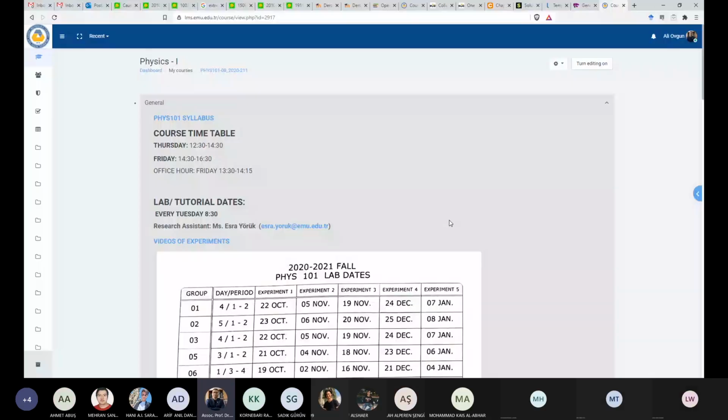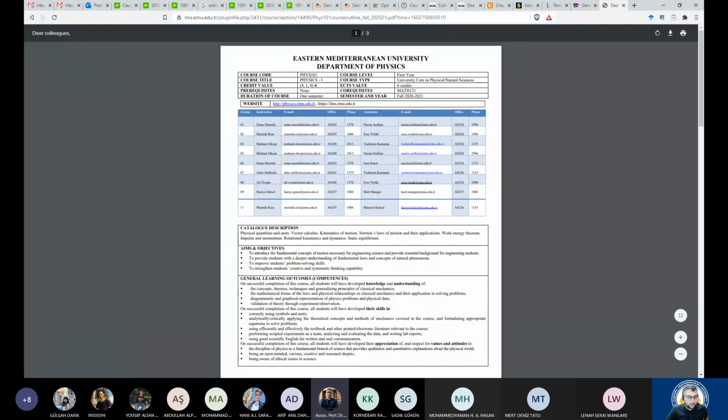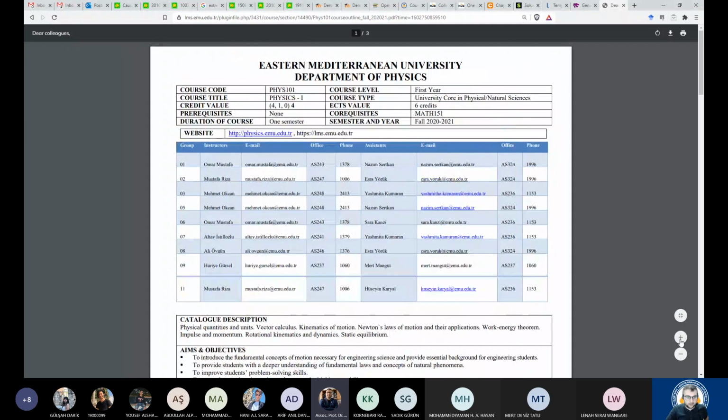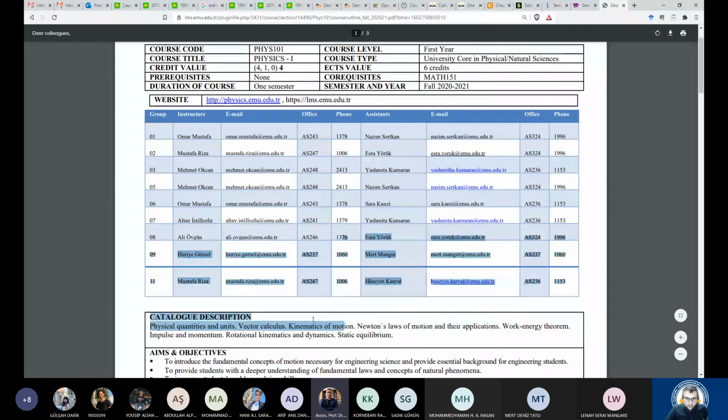Okay. So after you enter the course page on eLements, you can see that there's a Physics 101 syllabus. If you click it, you will find all the information about the dates of quizzes. You can find the name of your assistant. So your assistant is Esra Yörük. And also